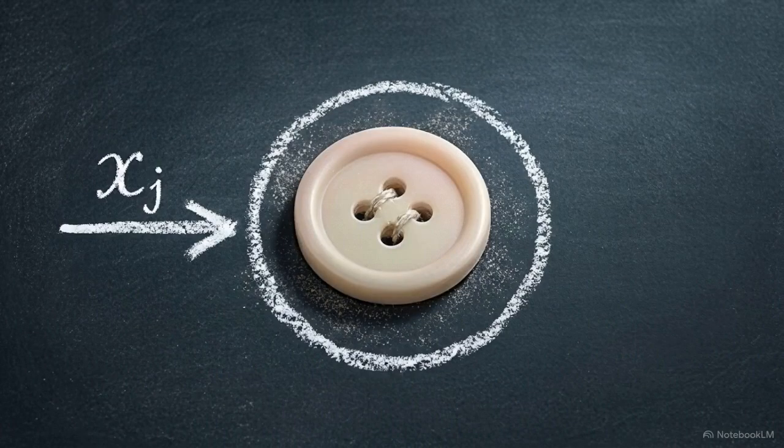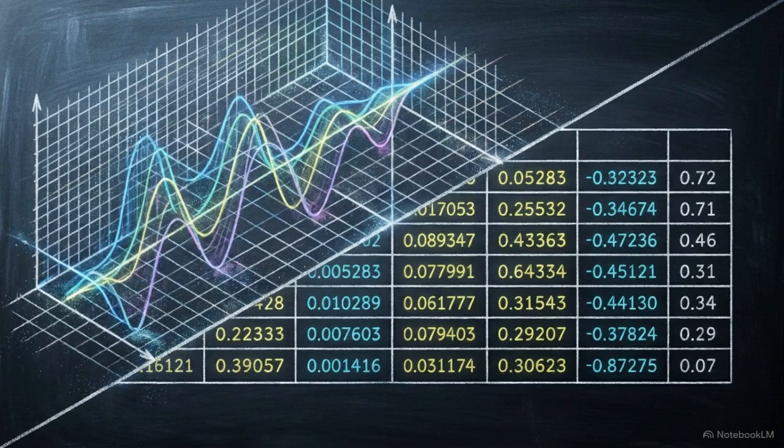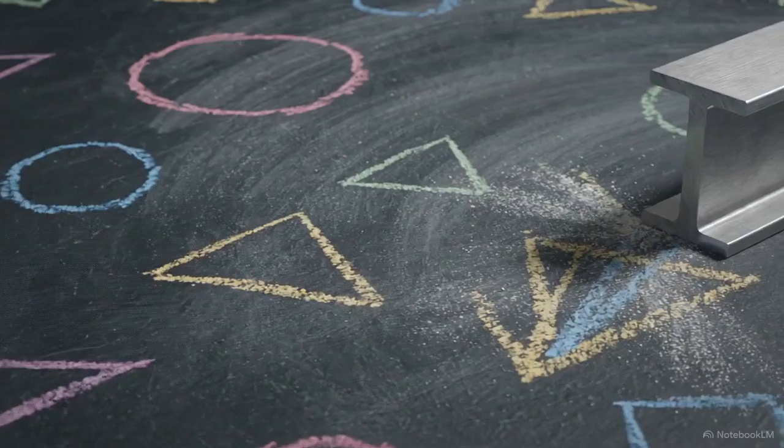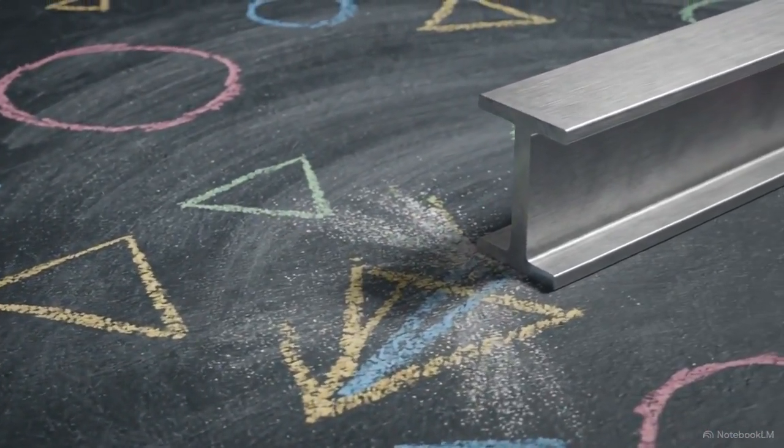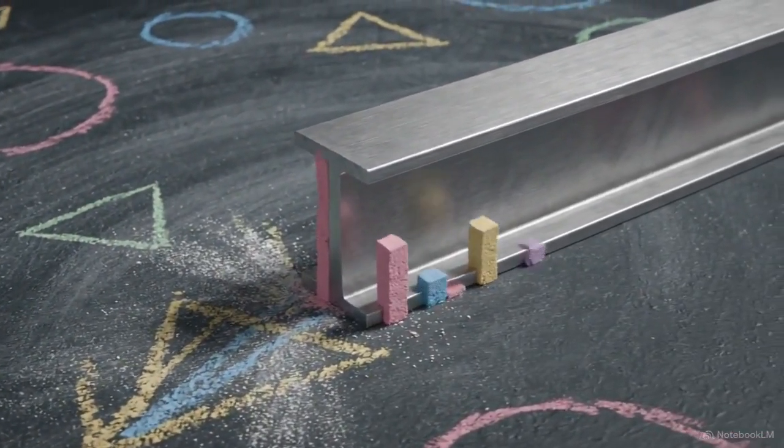Mapping this physical analogy back to the math, those buttons are our collocation points. We denote them as internal coordinates, xj. By strategically placing a finite number of these constraint points, we collapse the infinite complexity of continuous mechanics into solvable finite algebra. To see how this generates an actual matrix, let's take this geometric intuition and apply it to a